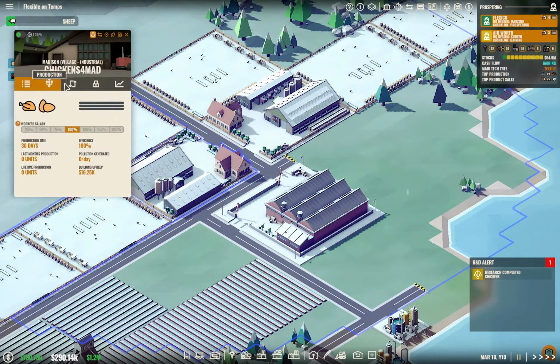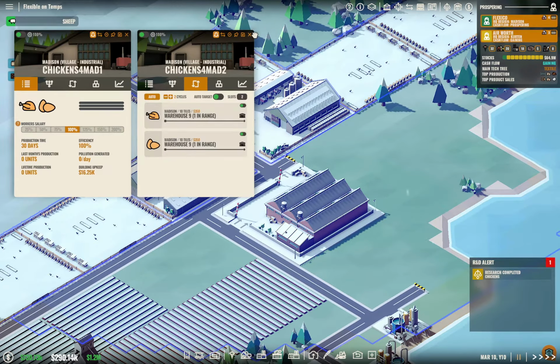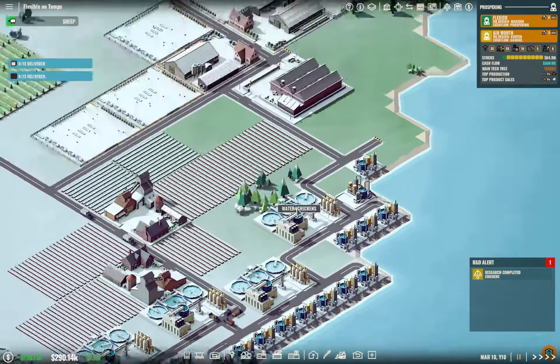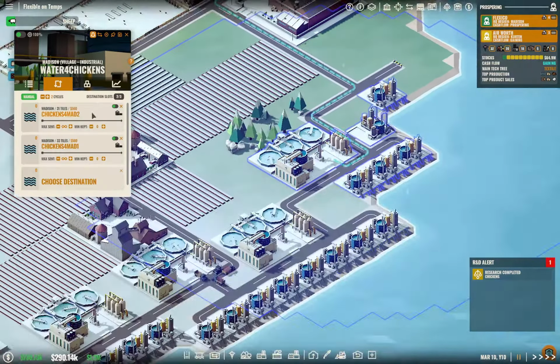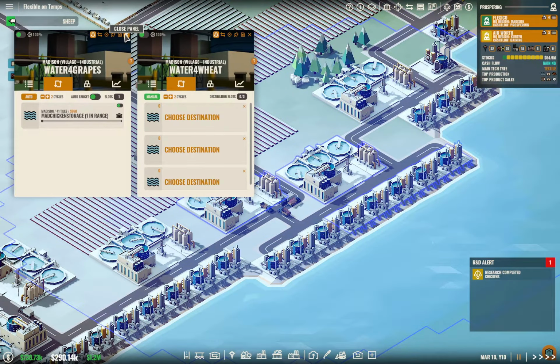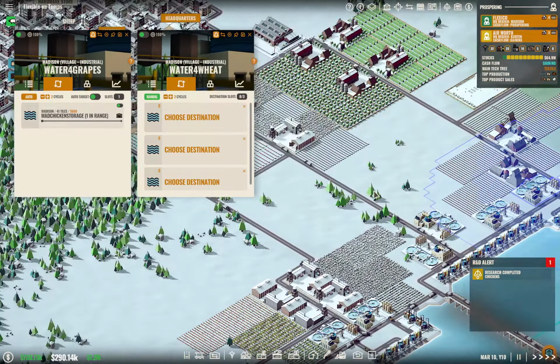Okay. Chickens for Mad, let's say 1. Chickens for Mad 2. Destinations should be warehouse 9. Okay, so this is going to be Mad Chicken Storage. Okay. So water for chickens is going to be chickens 2. Chickens 1. We're going to do 5. 5. Water for wheat. Wait. What? Why are you... You need to be...